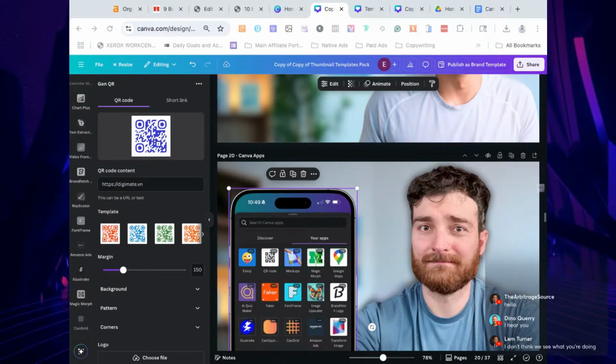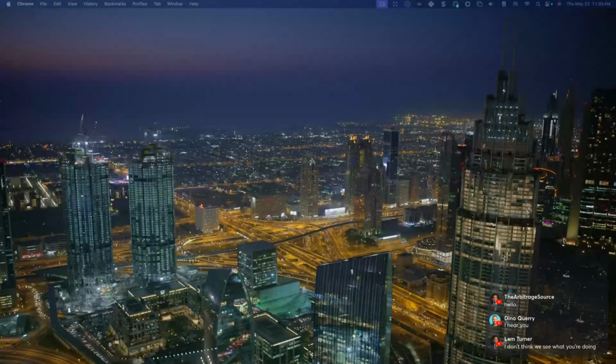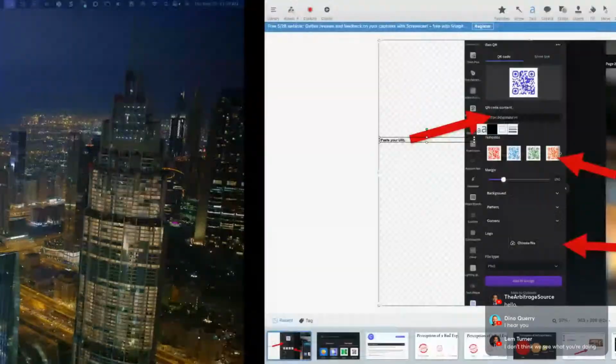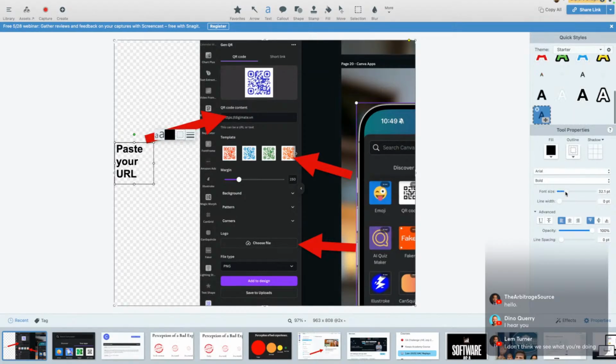Oh, wait. Yeah, you're seeing my, let me see what I can do here. All right. There we go. You see that? So this is Snagit, right? This lets me make edits to all of my images. And I just, like I said,